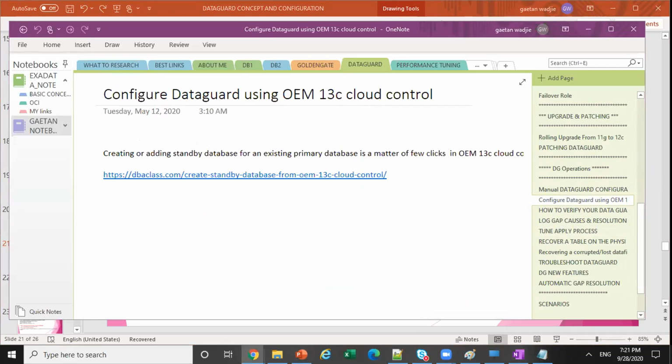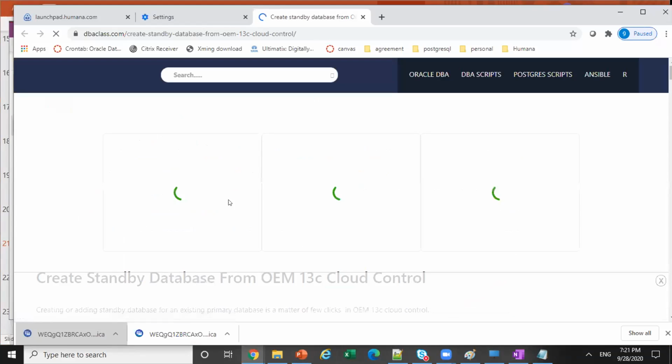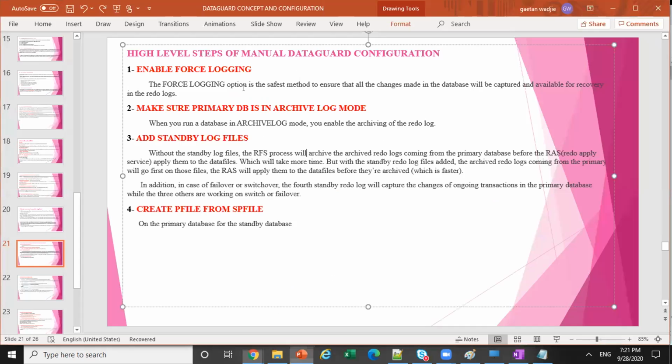Or they will ask you to use OEM Cloud Control, which is one of the easiest ways of doing it. They don't want errors. They don't want failures, okay? And another disadvantage of the manual method is that, let's assume, the backup you are taking on the primary,